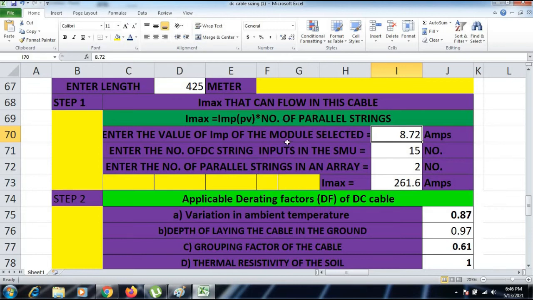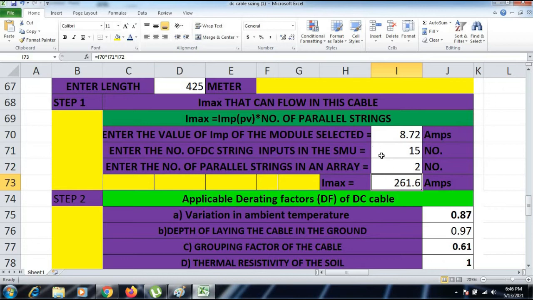So we have taken a total of 15 strings going to one string combiner box, and we have two parallel strings, suppose. So what will be our Imax? Our Imax will be the multiplication of these three. How come the multiplication of these three? Because each module has 8.72 ampere current, that is our operating current. So we have 15 total such strings.